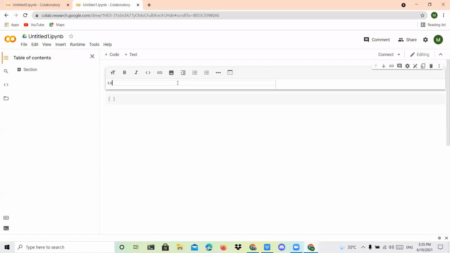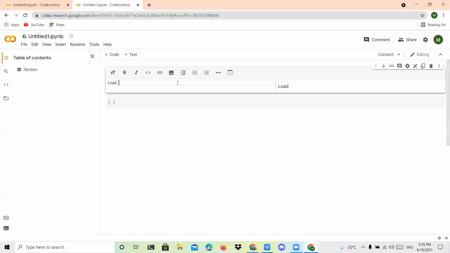Now, first I want to load my library. Whenever you are going to handle numbers or the array concept, you have to import the library. That is very important. So you can give it the title load the library. Like that, you can give your own name.